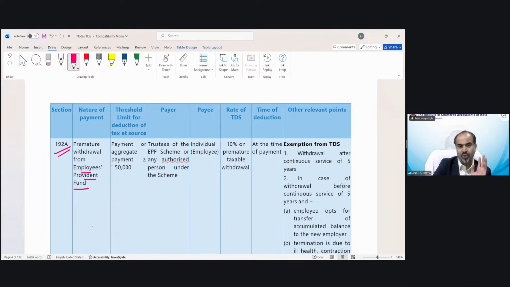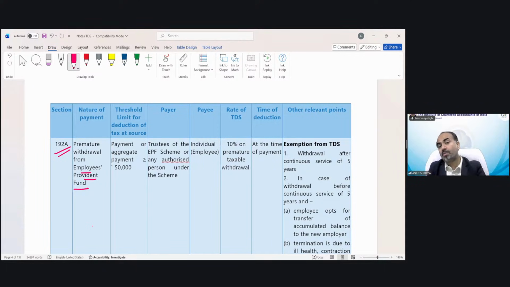So we have discussed the provisions of provident fund. You must remember it under the salary topic, recognized provident fund. If an employee deposits an amount in that provident fund, the same contribution is generally made by the employer. And after a certain time, you can withdraw the amount from your provident fund account. So we are discussing what would be the consequences of TDS on the withdrawal of that provident fund amount. If any of you remember, the repayment of recognized provident fund is exempted.